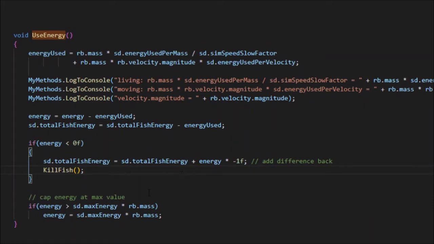And the last thing I have here is a cap. I don't want a fish to be capable of infinite amount of energy. So they can hold a maximum amount of energy within their body, and that's set by this max energy global variable. And then that variable also is tied into the size of the fish. So this rigid body mass is where I have that. Rigid body mass is essentially not really the mass of the fish. It's really essentially the area of the fish. So it's really the width of the fish times the length of the fish. All right,